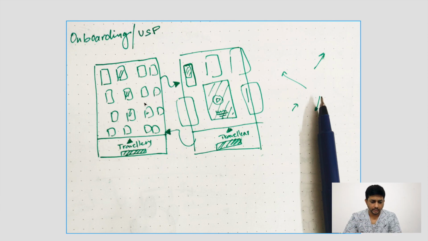And in the background I have thought that there will be a small animation. These tiles will expand and show you a video of the location a little bit, and automatically keep on panning to different tiles and zooming in. So that's what I have thought of the entire UI and interaction to be.